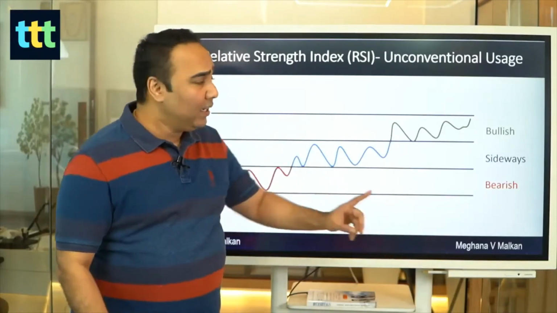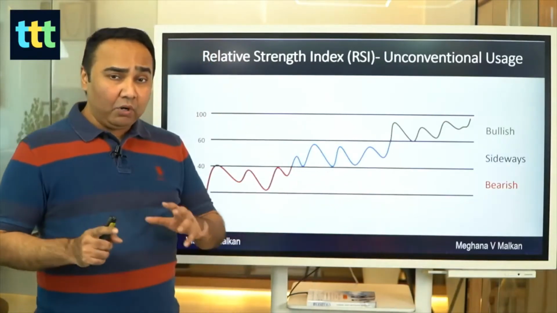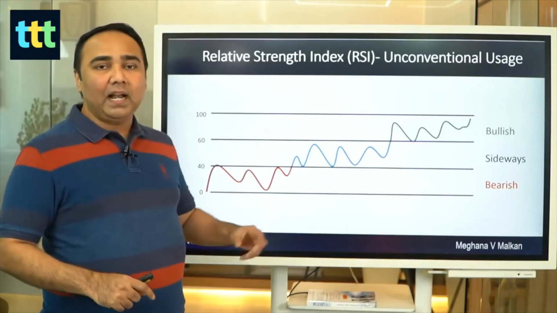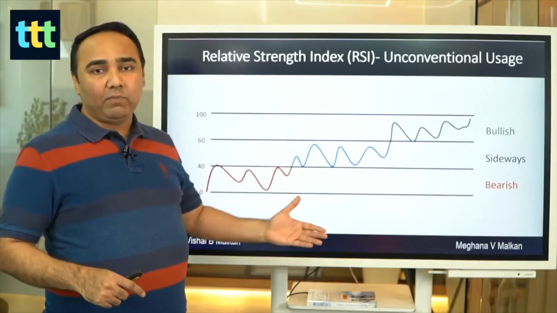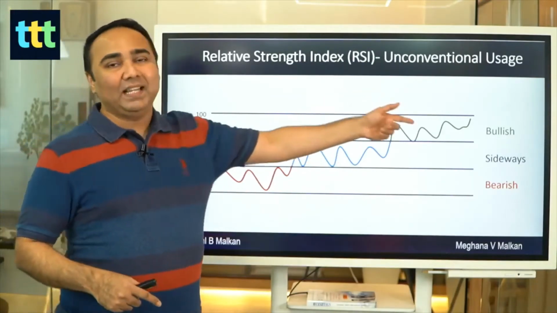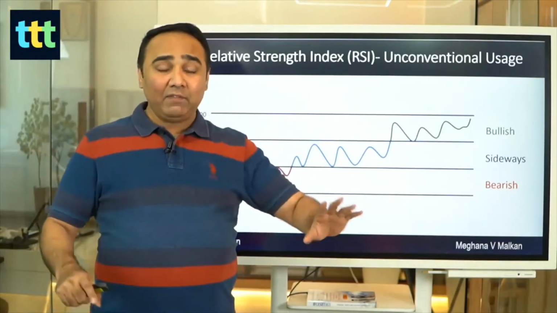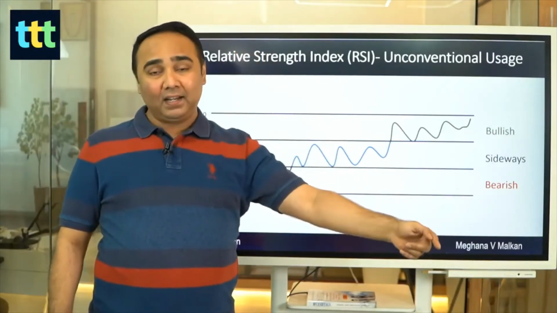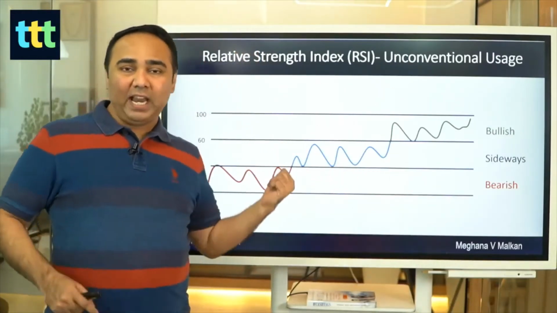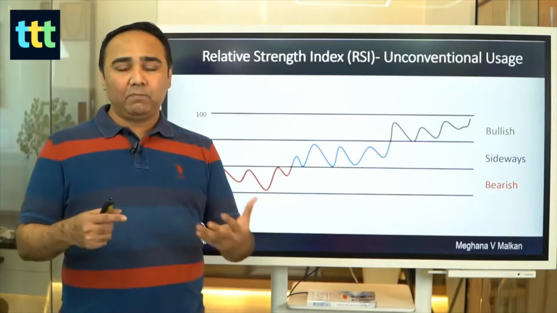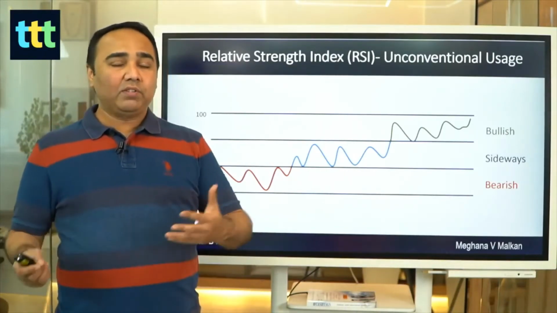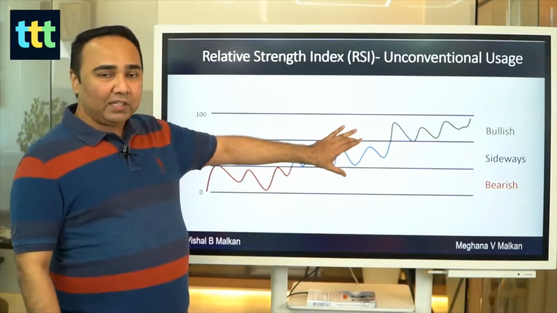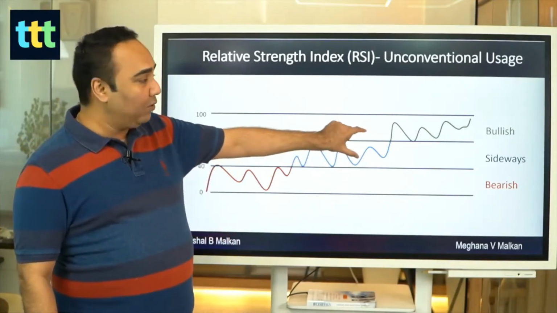Just that simple. Now, one more thing. If you go to the conventional RSI, you'll see that there is 70-30 overbought and oversold, plus they put some moving average on this. We don't need that. We just need a single line RSI, no moving average on that. Just this. You can change these settings in all your software and platforms, whether you are using a free website or a software. Go to the settings and change from 70-30 to 60-40.